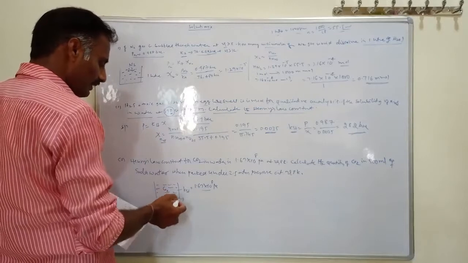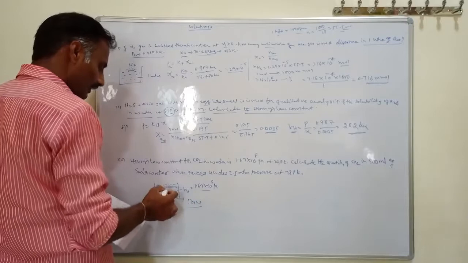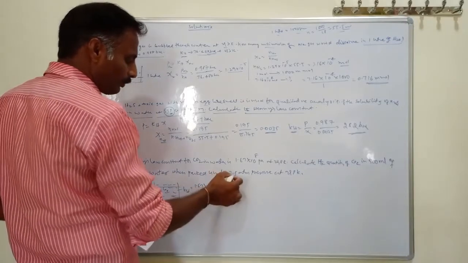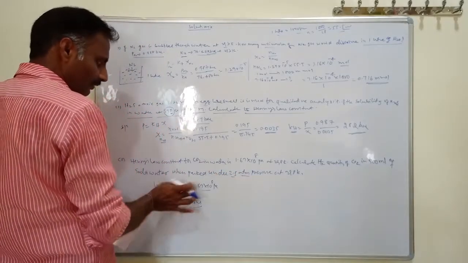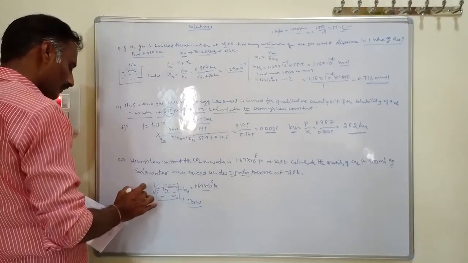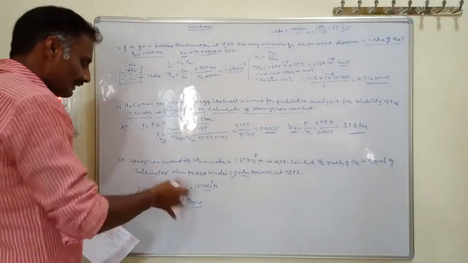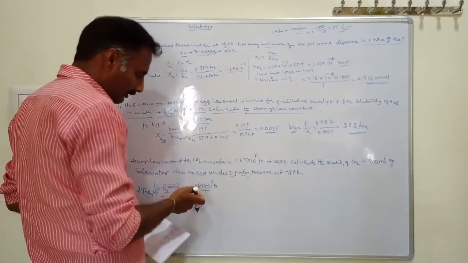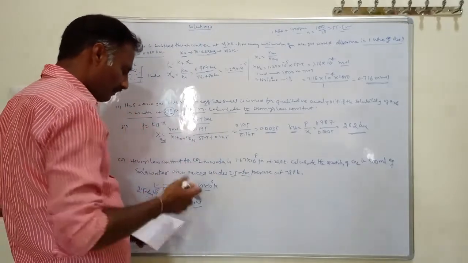Here we have taken 500 ml of water. How much quantity of CO2 is present in 500 ml of water when packed under 2.5 atmosphere pressure? The pressure of this bottle is 2.5 atmospheres. By using this data, we find out how much quantity of CO2 is present in 500 ml of water.